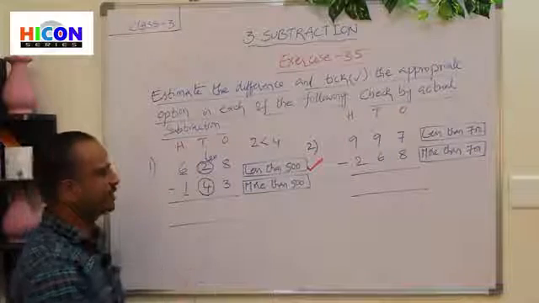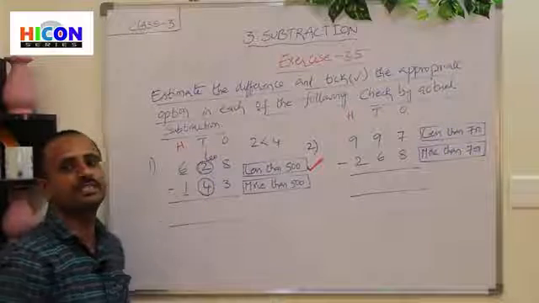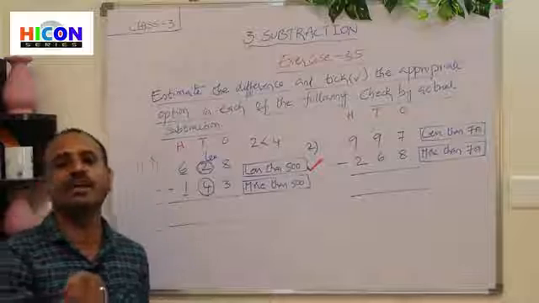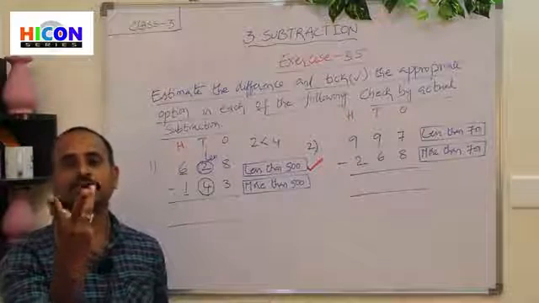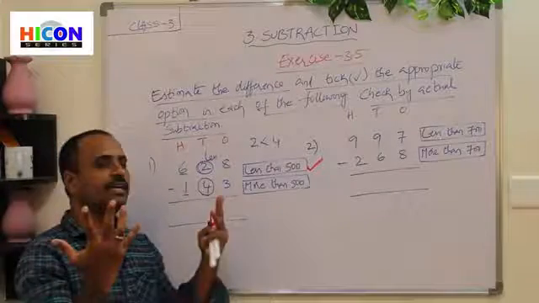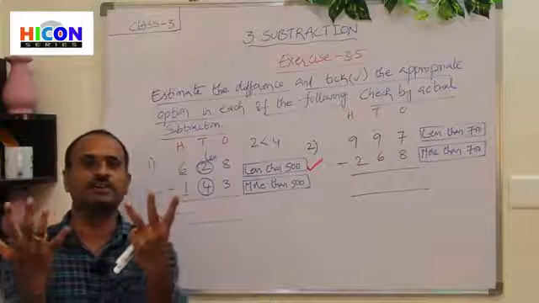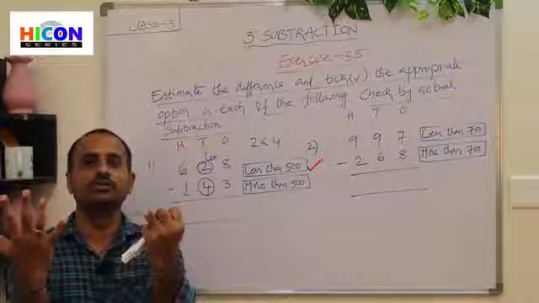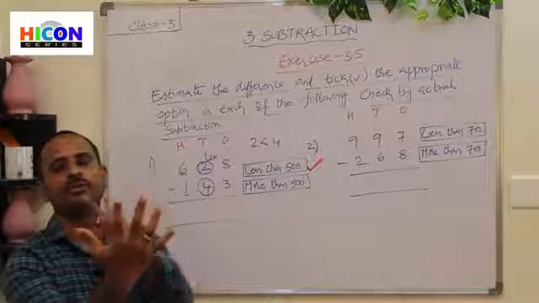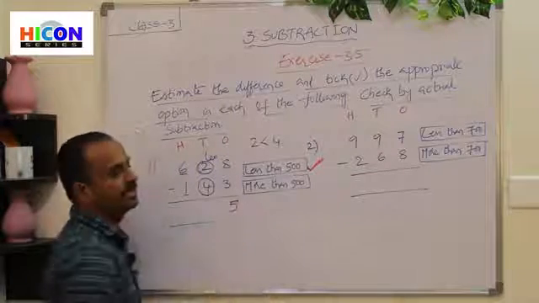So now start our subtraction from ones place. What are the digits in ones place? 8 and 3 are present in ones place. What is the first number here? 8. So open 8 fingers of your hand. 1, 2, 3, 4, 5, 6, 7, 8. And what is the second number here? 3. So close 3 fingers among these 8 fingers. 1, 2, 3. Now how many fingers are remaining? 1, 2, 3, 4, 5. So 5 fingers are remaining. So write 5 under ones place.